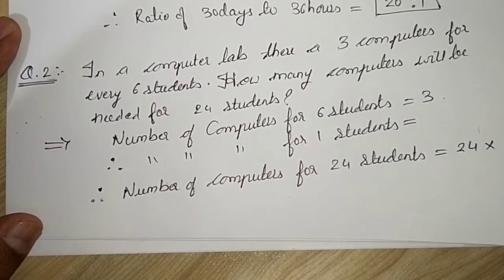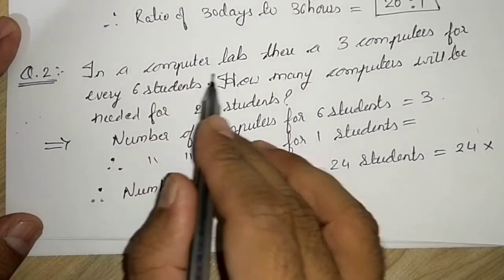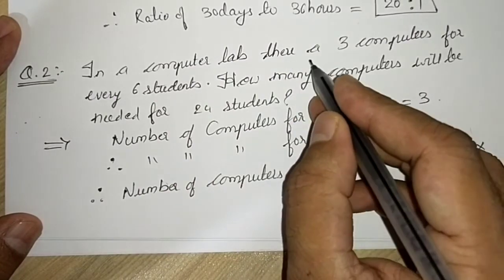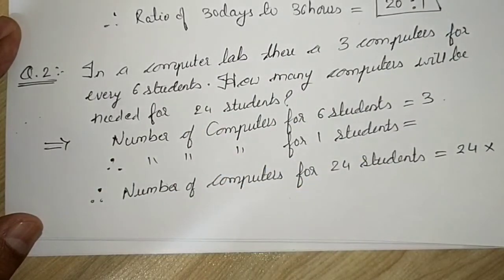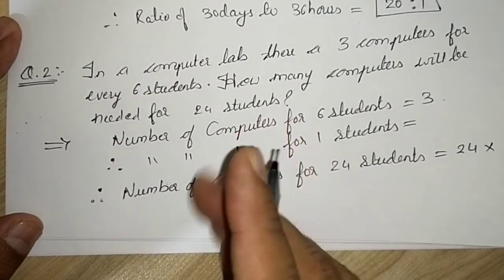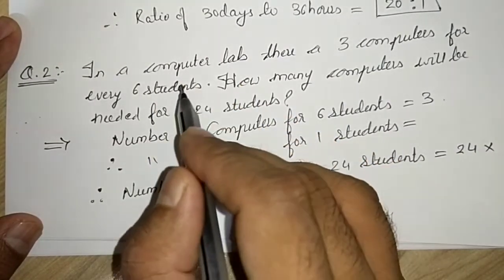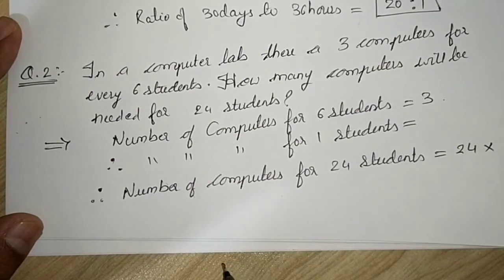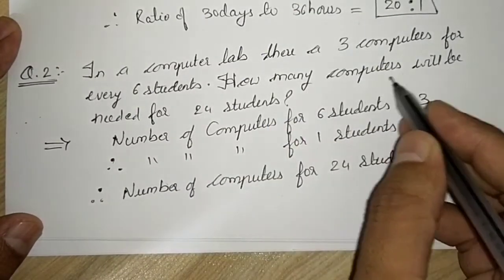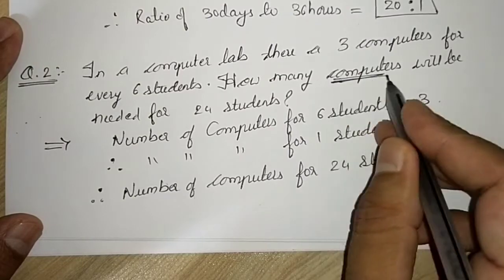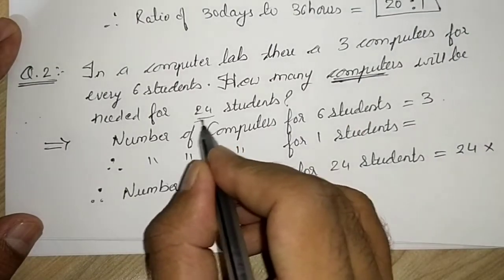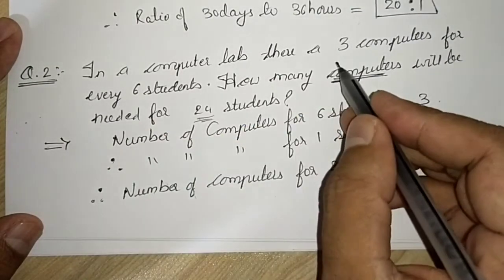So question number 2 says, in a computer lab there are 3 computers for every 6 students. For every 6 students, the computers in the computer lab is 3. How many computers will be needed for 24 students? Now we want to find how many computers will be needed for 24 students if 6 students have 3